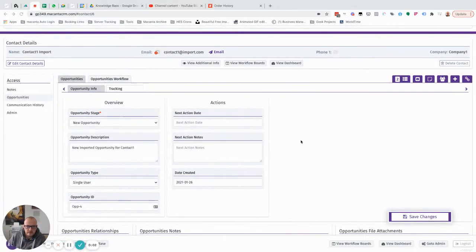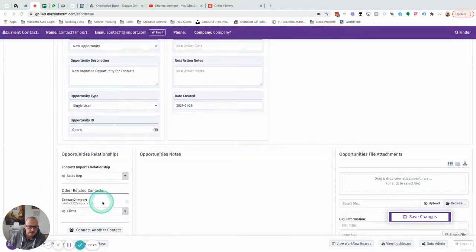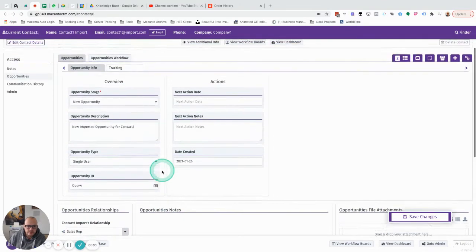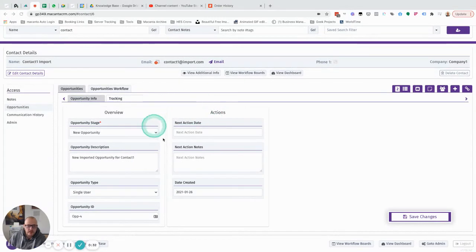In this video, we'll look at how you can use merge tags, merged values, throughout automation in Macanta. So let's say, for example, I've got my opportunity here that's driving some automation. I'm going to set it to drive an email, and I want to merge names into that email. So let's say, for instance, I want to merge the sales rep's name into an email that I'm actually sending to the client. So what I need to do is have the sales rep's name on the data object in